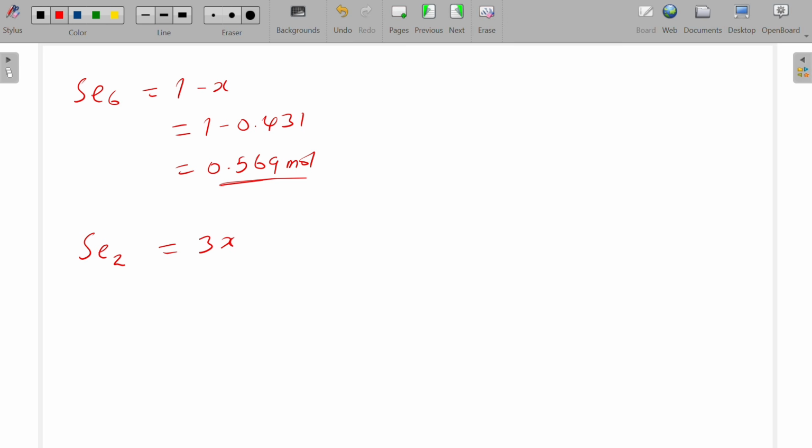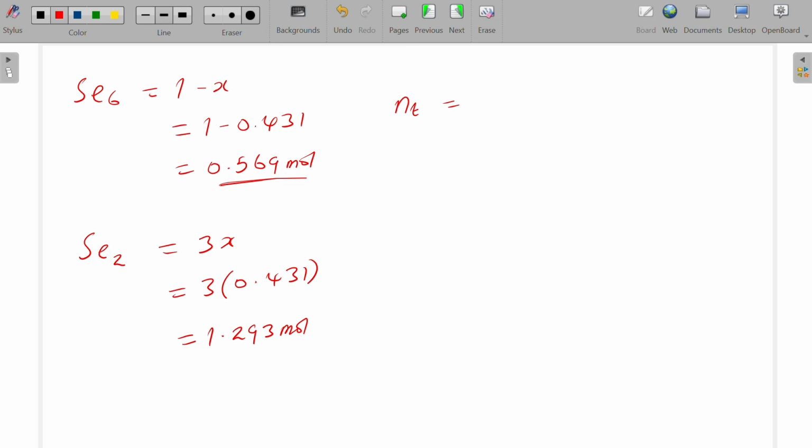So 3x will be equal to 3 multiplied by 0.431. And this is going to give us an amount of 1.293 moles. So these are the moles we have for Se2. And remember the total number of moles that we found,